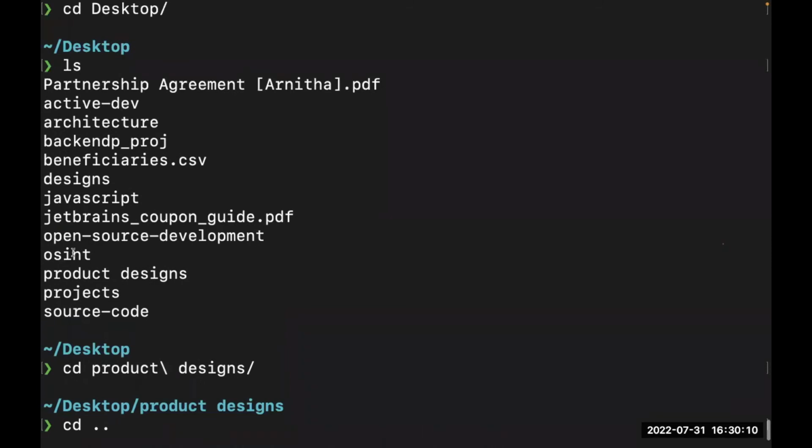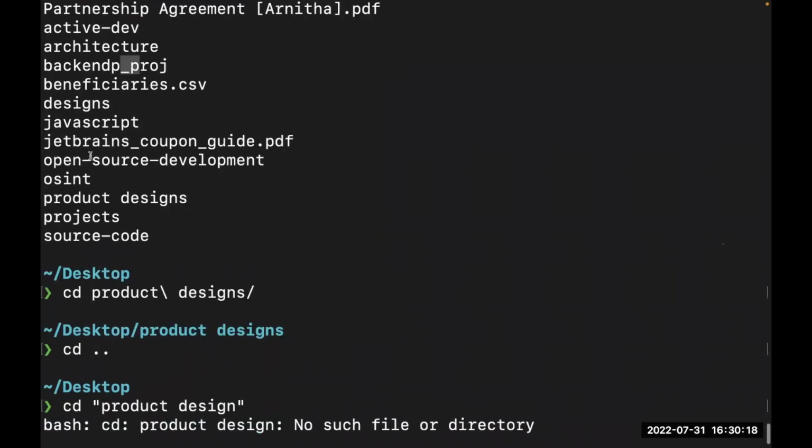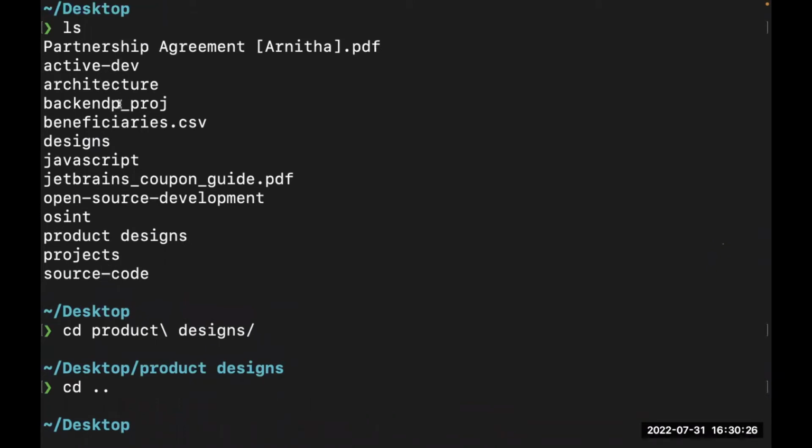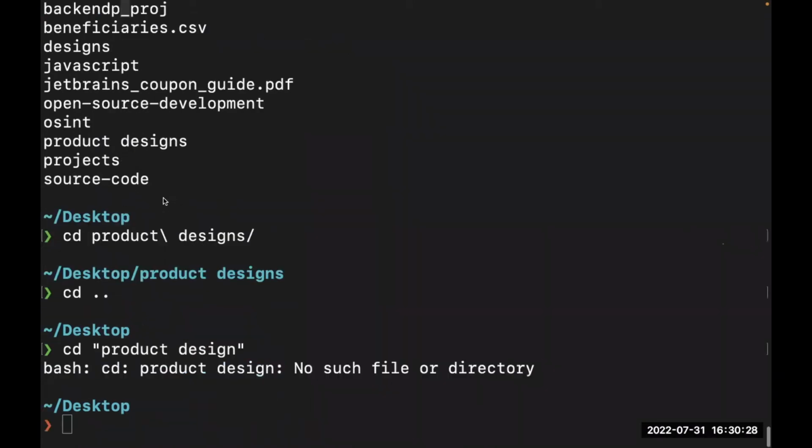So when you look at the code related folders or directories I have here, I use hyphens, I use underscores, right? I use underscore for my open source projects. My source code as well, I use hyphen. I think it's better if you just stick to working with underscore. Okay. All right.